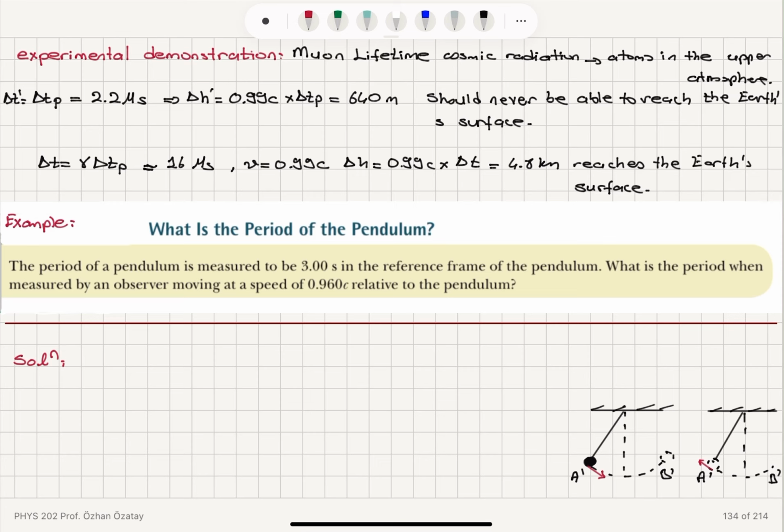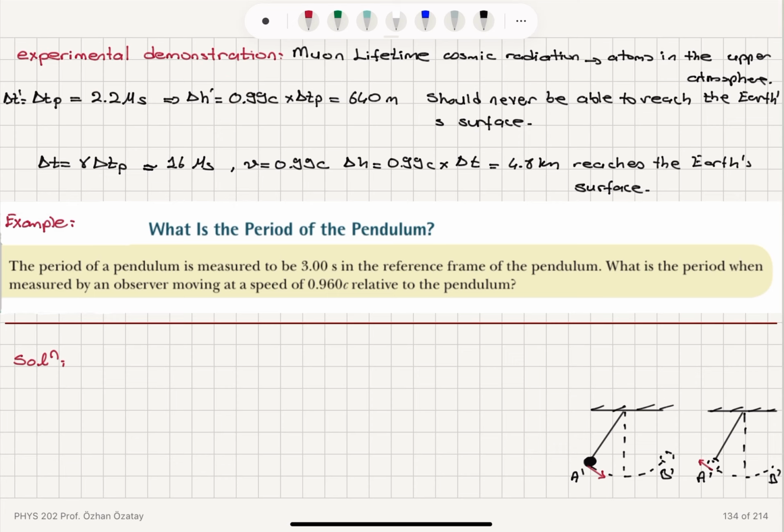The lifetime of a muon as measured in the reference frame of the muon is 2.2 microseconds, and muons move at a speed of 0.99 c. Therefore, in the reference frame of the muon,